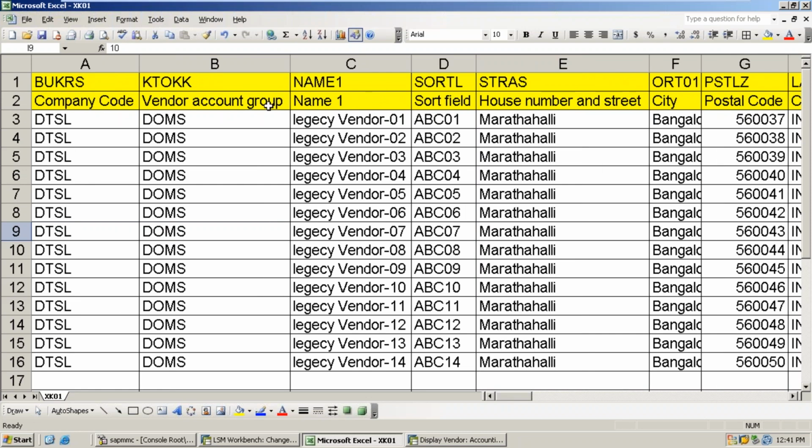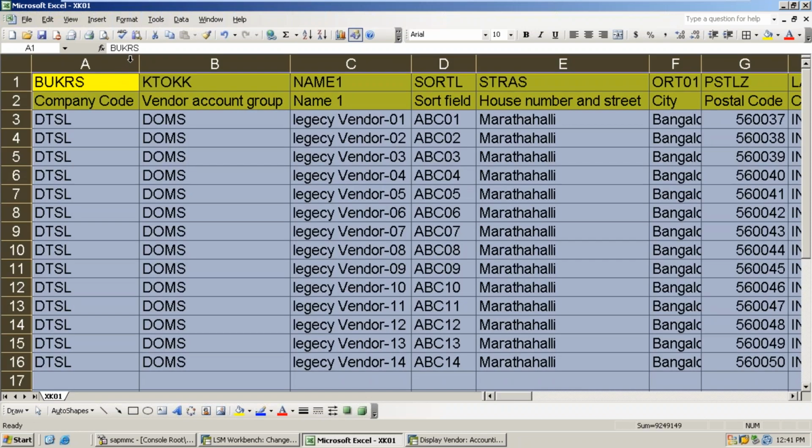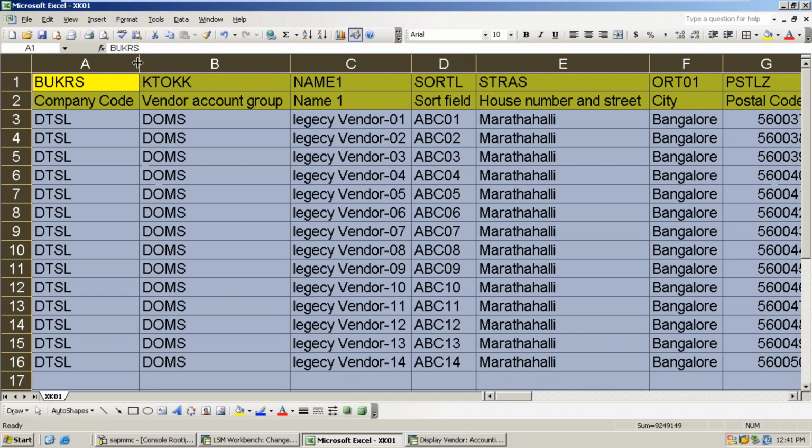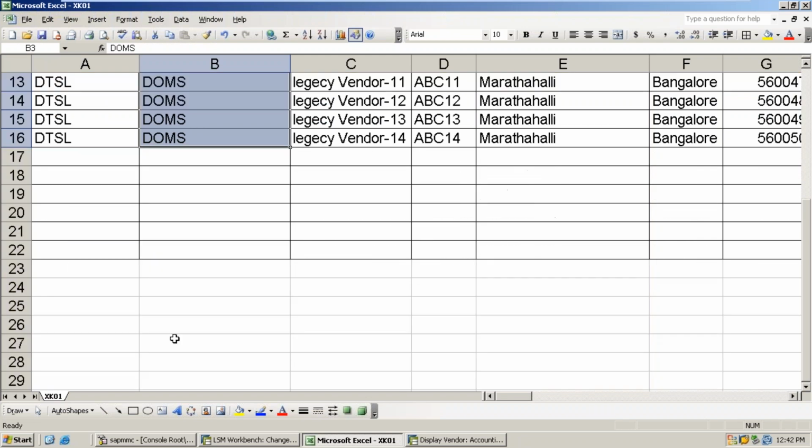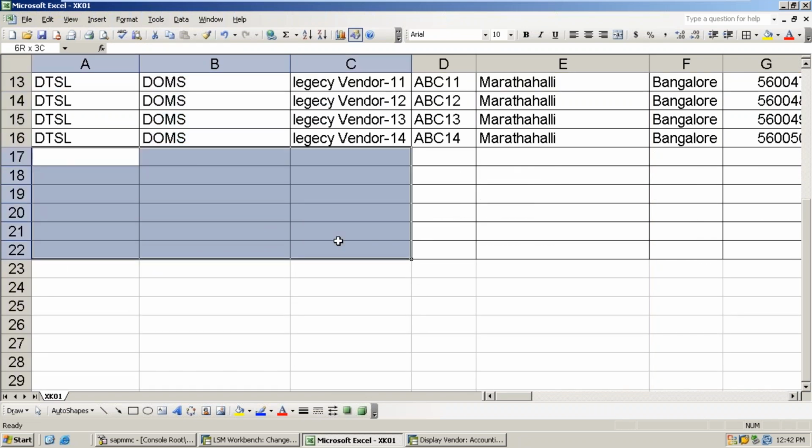Now, this is the way the file will come from the user to the consultant during the initial upload. Okay, see, I will check it. I will have a look. Company code is properly maintained. Account group is also properly maintained. For example, for customer master, when foreign vendors need to upload, then foreign vendor groups need to be provided. Same format, you know, you can enter in a separate format.